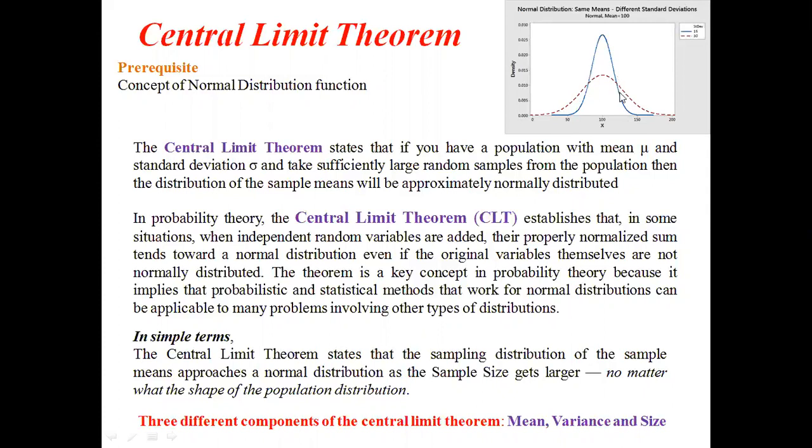Here in this particular graph you can see two plots. One is blue in color and one is shown in dotted red line. If you see the blue color curve, it has a very high mean and the deviation is also very less. If you take the red dotted line graph, you can visualize that the mean value is less and there is more deviation towards the edges from the mean.